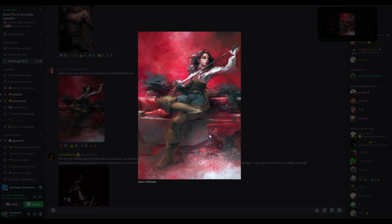So it feels very fitting for a draw this in your style. It feels very much, what do you say, genuine to them. And the one thing that really stands out to me is the edge control, like the bottom of her